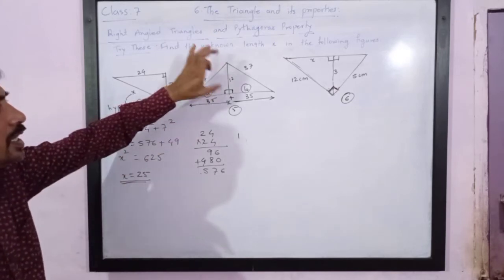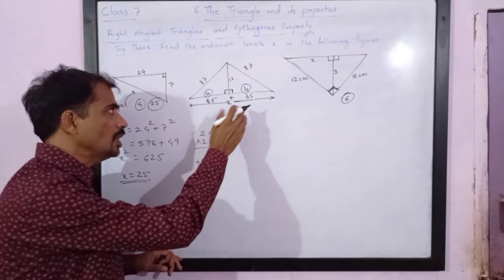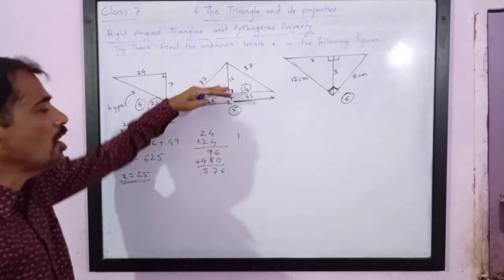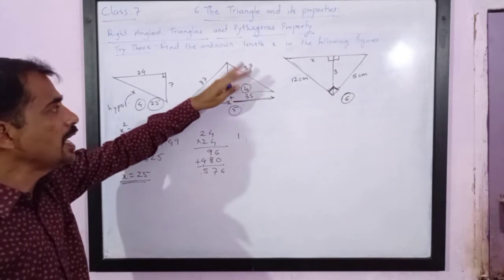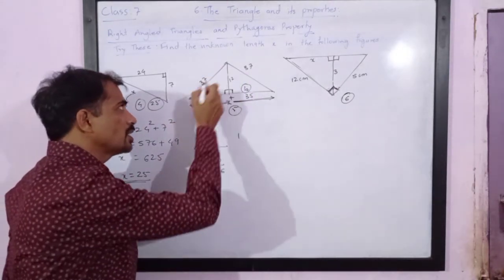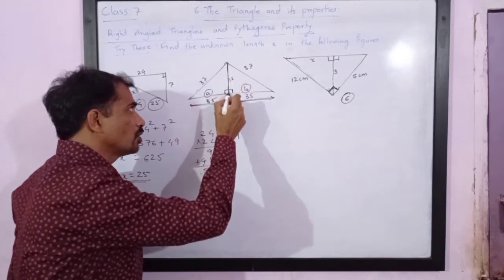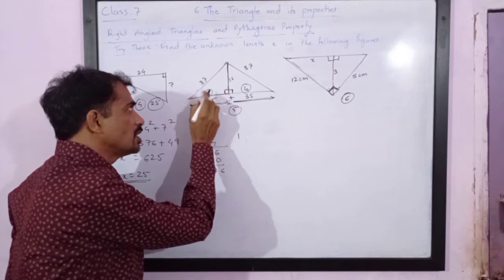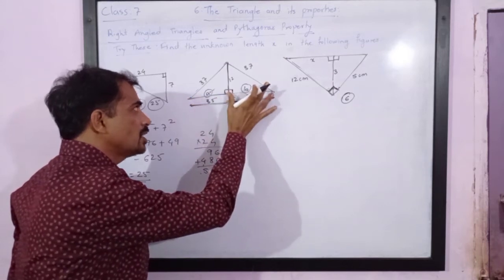Now if you consider the second problem, the total distance is given to us as x. We cannot find the side unless the triangle is a right angled triangle. So here we consider this half right angled triangle. Please note, we consider the half right angled triangle. In this, half the distance is equal to a and this distance is equal to b.